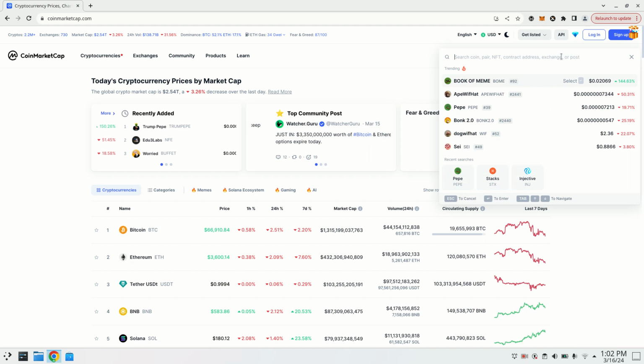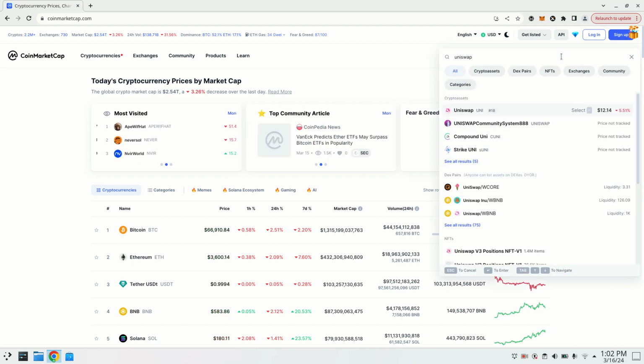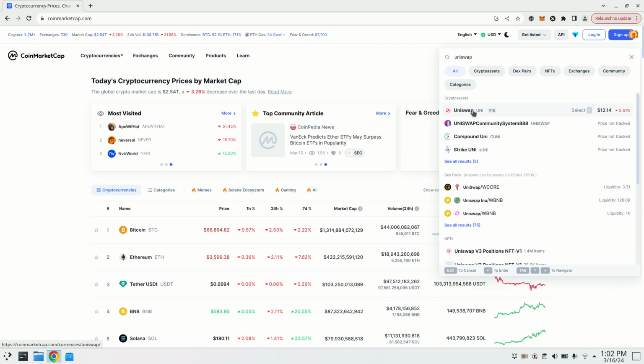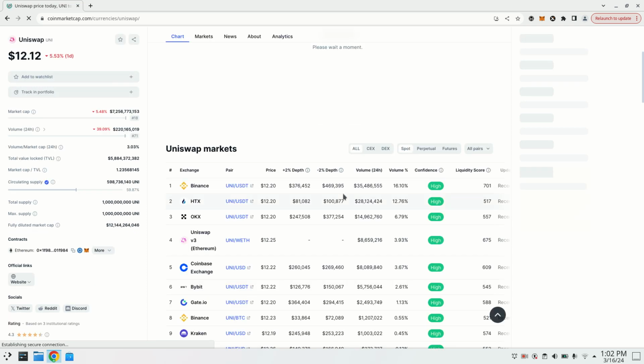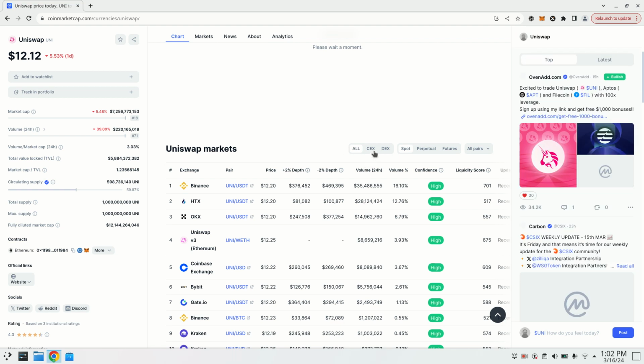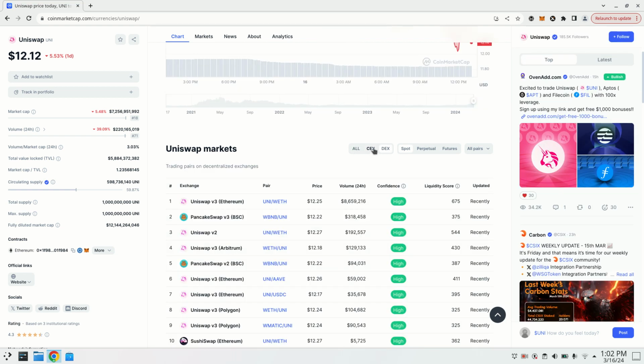We could search here Uniswap. Right, we click here. Why? Because using CoinMarketCap we could filter by exchanges or DEX, while using CoinGecko we cannot filter.